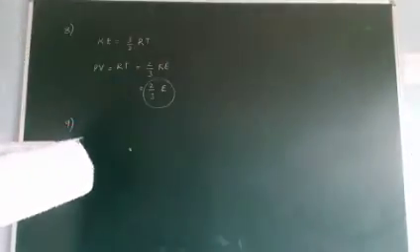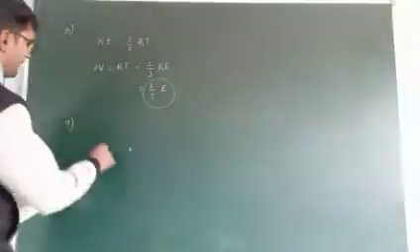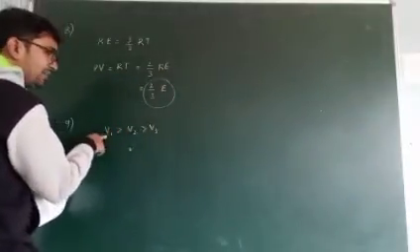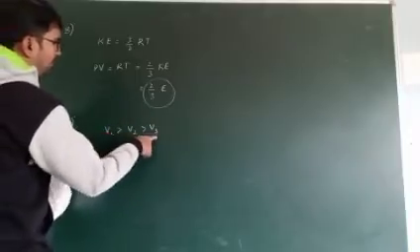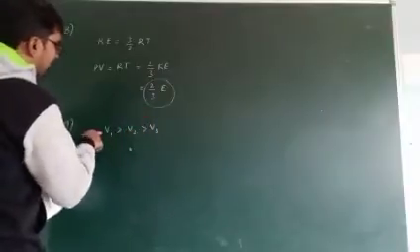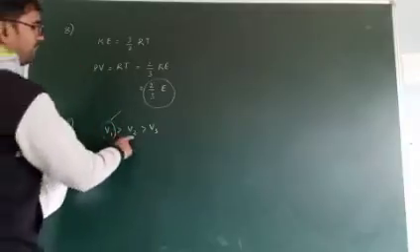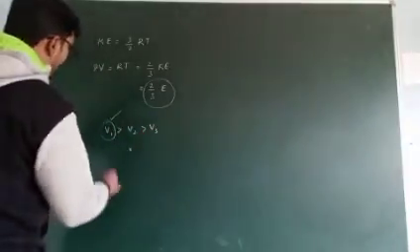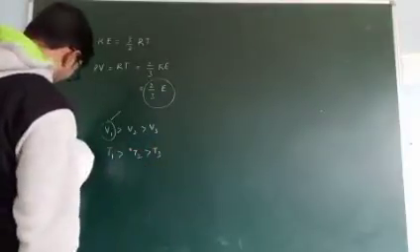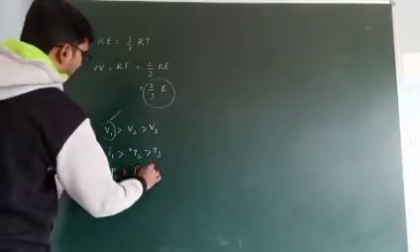Next, ninth one. For 1 mole of an ideal gas, remember here that the given orders are important. V1 greater than V2 greater than V3 means V1 is the highest volume, next V2, next V3. We might expect 3 to be the more volume, but here this order is given. Temperatures are also given like this: T1, T2, T3. Pressures are also given like this: P1, P2, P3.